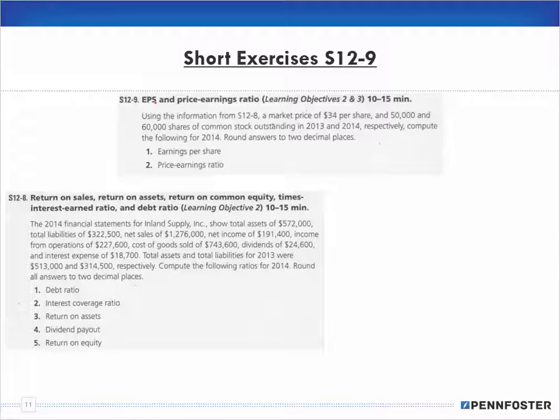So 12-9 here, EPS, earnings per share, and price earnings ratio. Right, so using the information from 12-8, which we have here, a market price of $34 a share, 50,000 and 60,000 shares of common stock outstanding in 2013 and 2014, respectively. Compute the following for 2014: the earnings per share and the price earnings ratio. All right, so the earnings per share is